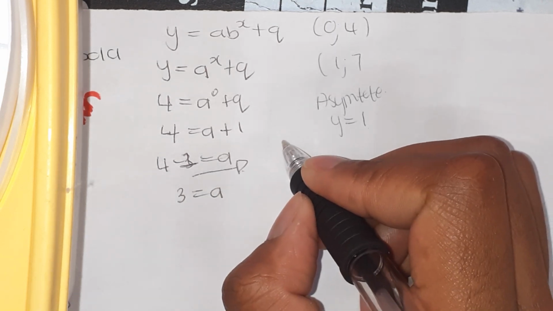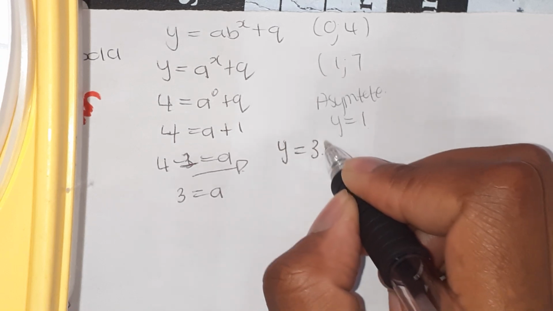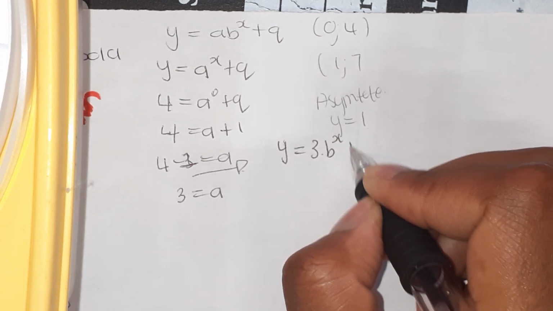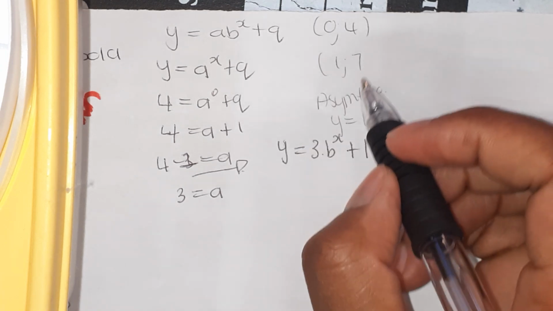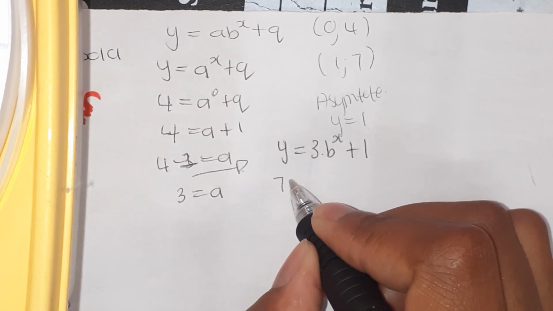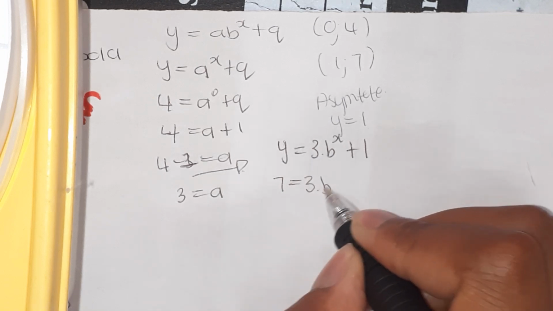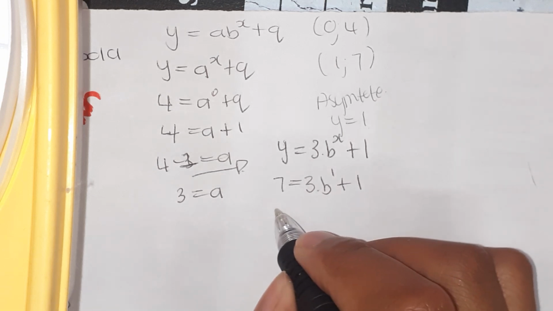Now we have to solve for b. Then we'll say y equals 3 times b to the power of x plus 1. So we're going to use the next point on that graph. Then we'll say 7 equals 3b to the power of 1 plus 1, right? So it will be 7